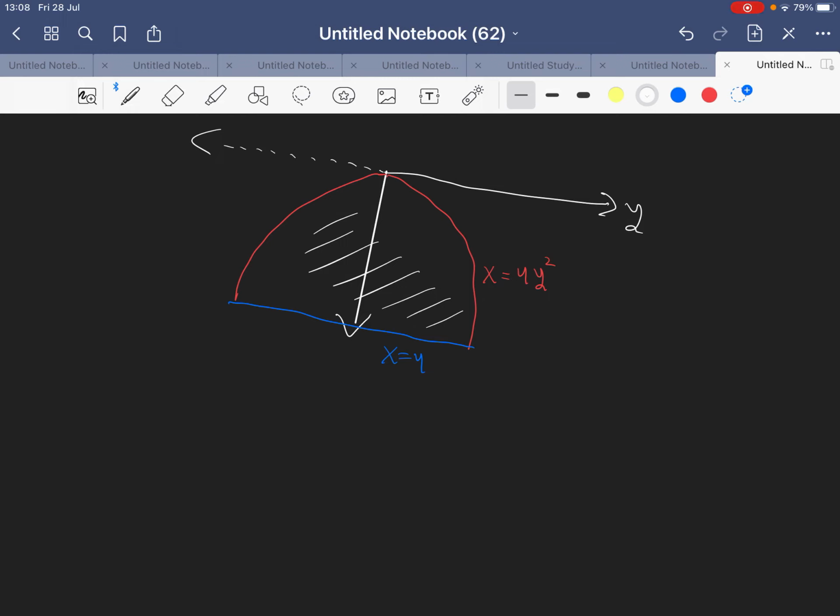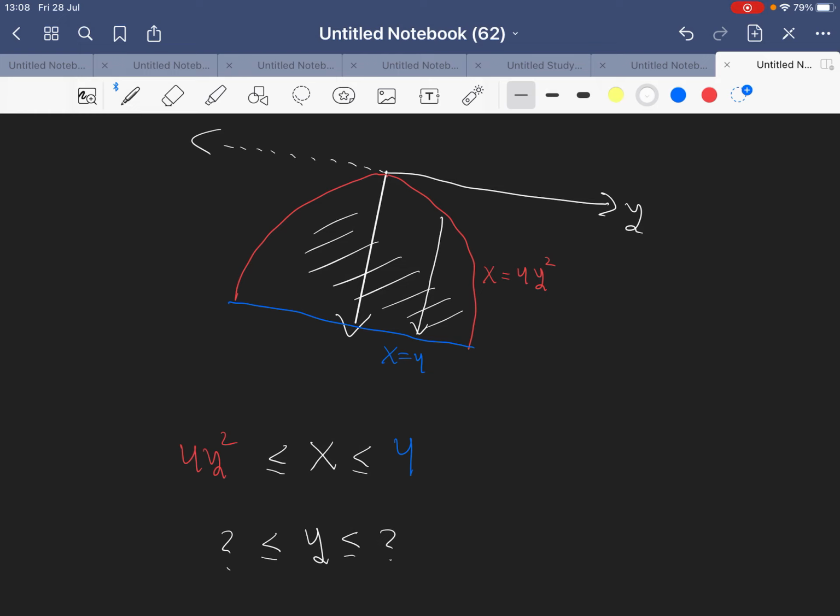This is just one of the regions that we need to deal with. This will give me x between two functions. The top is x equal to 4. The bottom is 4y squared. So I finished from the x. That's the good news. The remaining part is to find the bound for the y, and those should be two